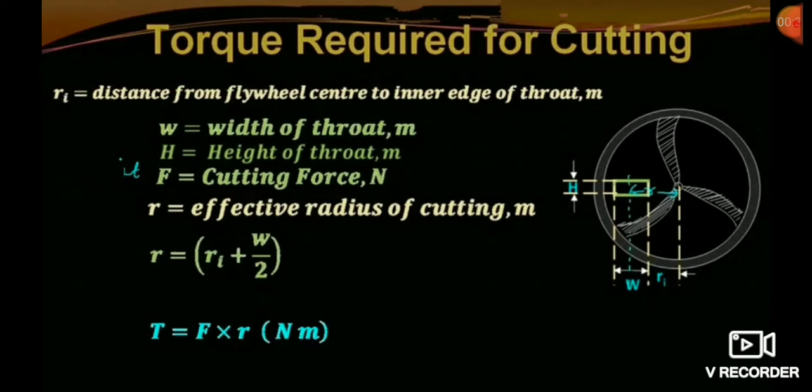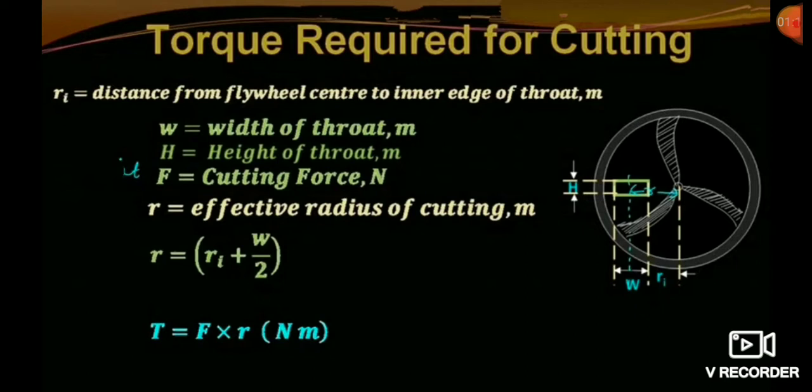So friends, the first thing you see here is the torque required for cutting. Chaff cutter is used for cutting of silage and silo for cows, buffaloes and different domestic animals. We are using the silage for their eating, so we cut those silage into small pieces so that we can easily store them and easily use them whenever we want to feed our cattle or our horses and bullocks.